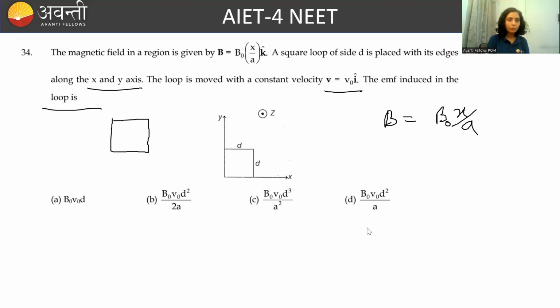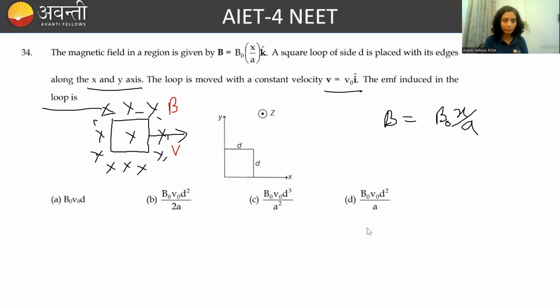So I have told you, if this is a square loop moving like this, and it is kept in a magnetic field. I discussed a question in class, you all must be remembering that question, that if this magnetic field value is B, it is moving with velocity v, then what will be the